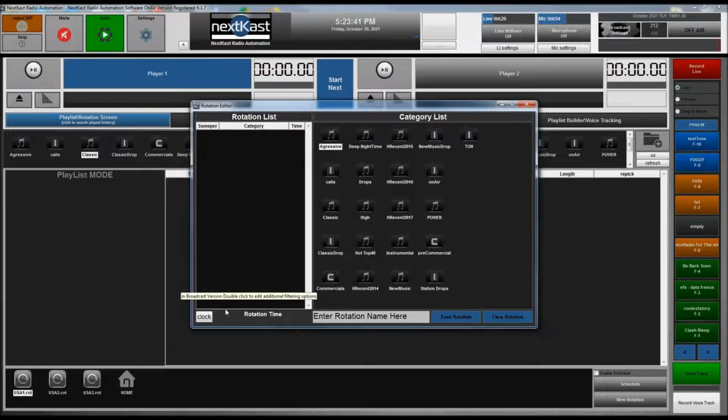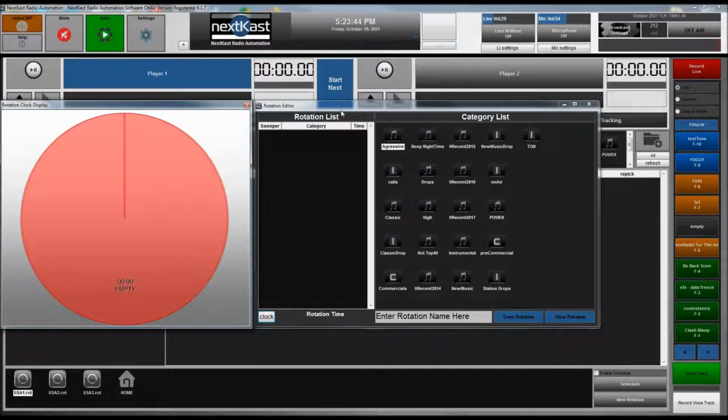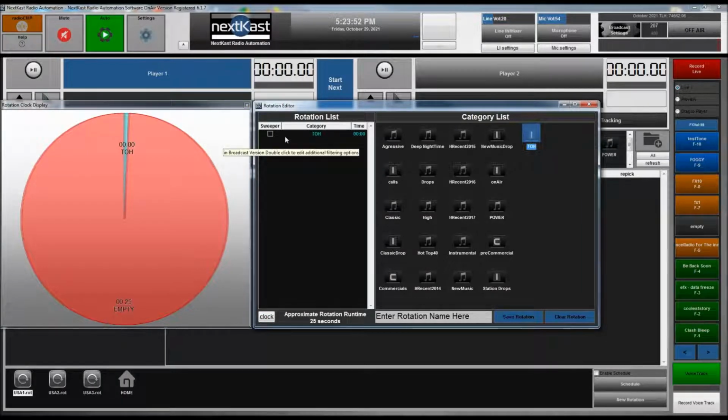I'll click here so you can see the clock. You can double click here and it'll just add it into the schedule there, right? So again, what we're doing is creating a clock, and then I'll go over some details about what clocks you should create and how you should format them. So we're going to do top of the hour, and then we're going to do power,